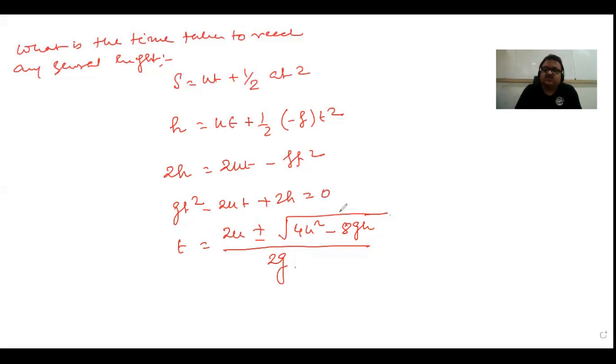So this is the concept when a body is thrown vertically upward and it goes to the highest point and reaches the ground again. So these are all the derivations I have shown to you. Now I'm going to show you a few important problems related to this, so your concept can be fully clear. Correct? Let's start.